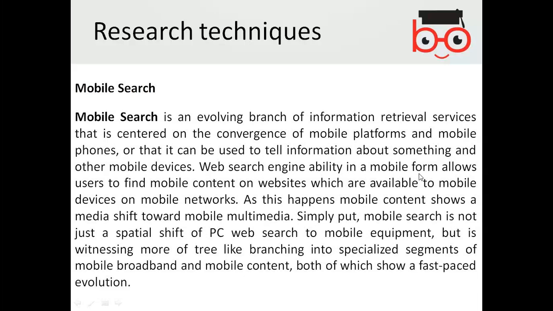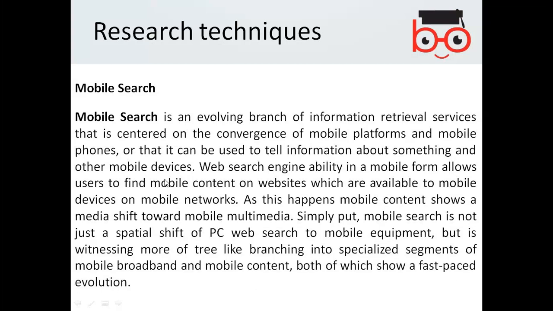Web search engines' ability in the mobile form allows users to find mobile content on websites which are available to mobile devices on mobile networks. As this happens, mobile content shows a media shift towards mobile multimedia. Simply put, mobile search is not just a spatial shift of PC web search to mobile equipment, but is more of a tree-like branching into specialized segments of mobile broadband and mobile content, both of which show a fast-paced